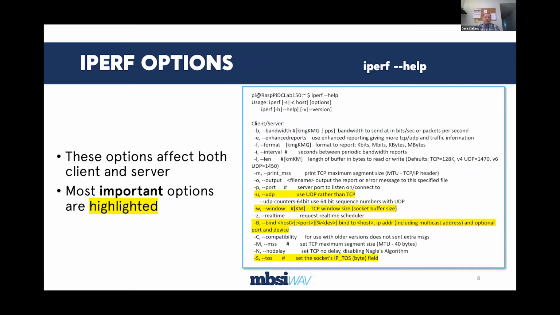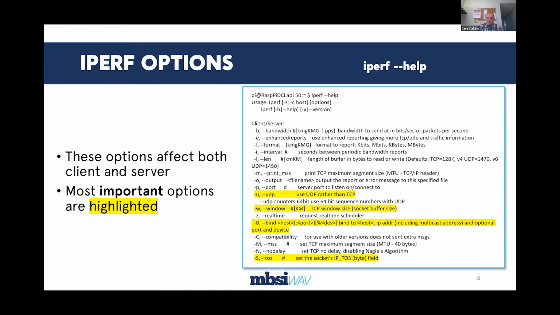We're going to see that in my demo coming up here in a few minutes. Now, iPerf has a lot of options. So when you run iPerf with --help, you'll get a list of the options. They come in 3 sections. There are options related to the client-server relationship. So for example, whether you're going to do TCP, which is the default, or use UDP, you add a -u,